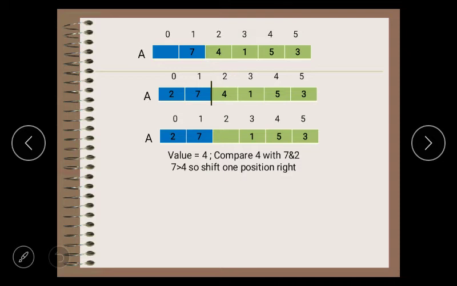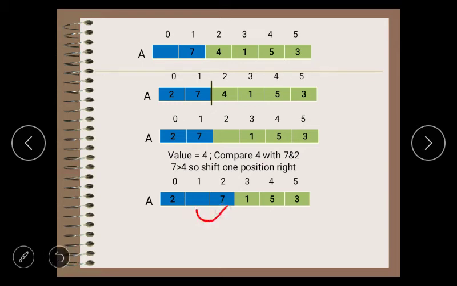Now that 4 should be compared with the two elements in the sorted array, those elements are 7 and 2. First compare the 4 with 7. Is 7 greater than 4? Yes, so we need to shift the 7 one position to the right.